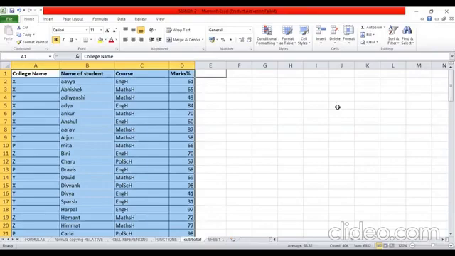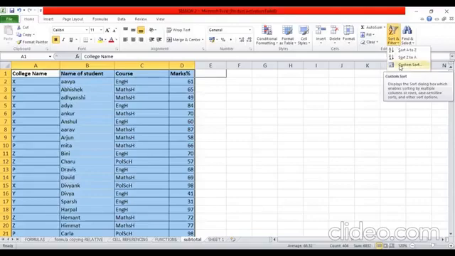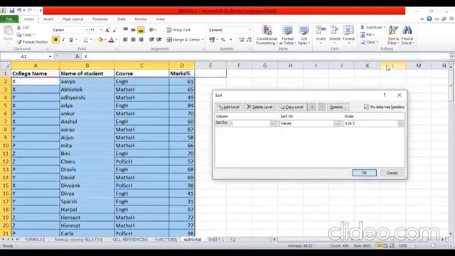So select the data. Now from the Home tab, you can see over here under Editing, there is a Sort and Filter command. Look at the drop down list and click on Custom Sort. This dialog asks whether the data has a header or not. My data has a header, and by default this is checked. If your data has a header and it is not checked, please check it. Then it asks how I want to sort, by which column.